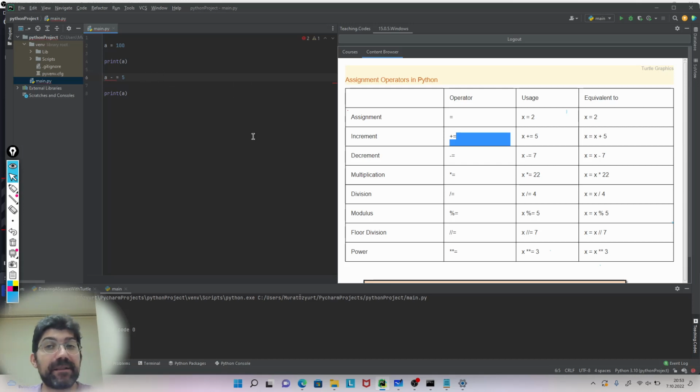I have accidentally inserted a space between the minus and equals signs. This has broken my code. It says there's no such operator. So they have to go together. There are no spaces in between these two operators, plus equals, minus equals, or